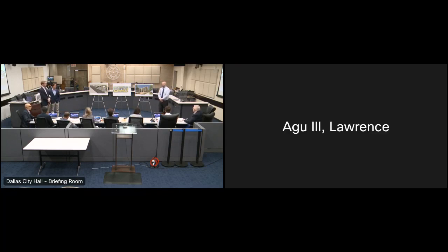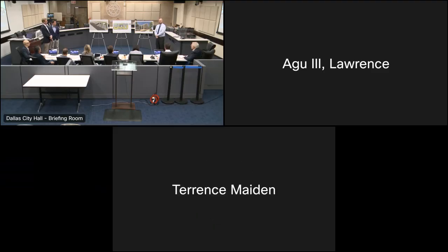Yeah, a lot of it came down to affordability, making sure that it's targeted at the right price for those who are seeking it. And then the other parts of it were mostly centered around the retail spaces. Interestingly enough, they were more concerned about what is going in, what could go in, what our ideas were, who we've been contacting and reaching out to. And I would say security, particularly on the backside of the building, just making sure that it is safe, and the lighting, everything. So those were kind of